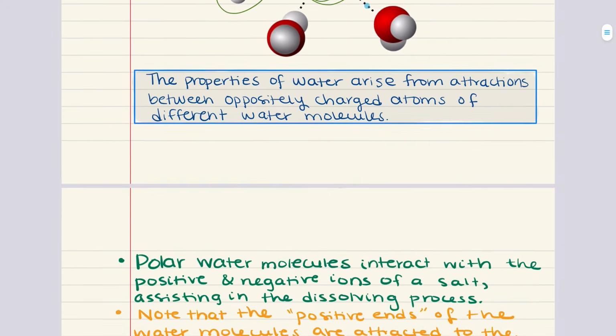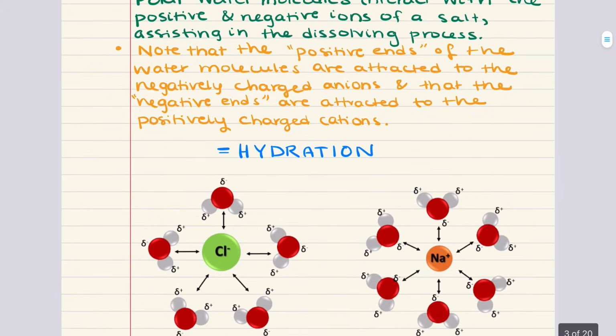This is really important because now we want to talk about what if we dissolve ionic compounds in water? Well, the hydration of these ions is going to cause a salt to fall apart in water, or in other words, to dissolve. The strong forces present among the positive and negative ions of the solid are replaced by strong